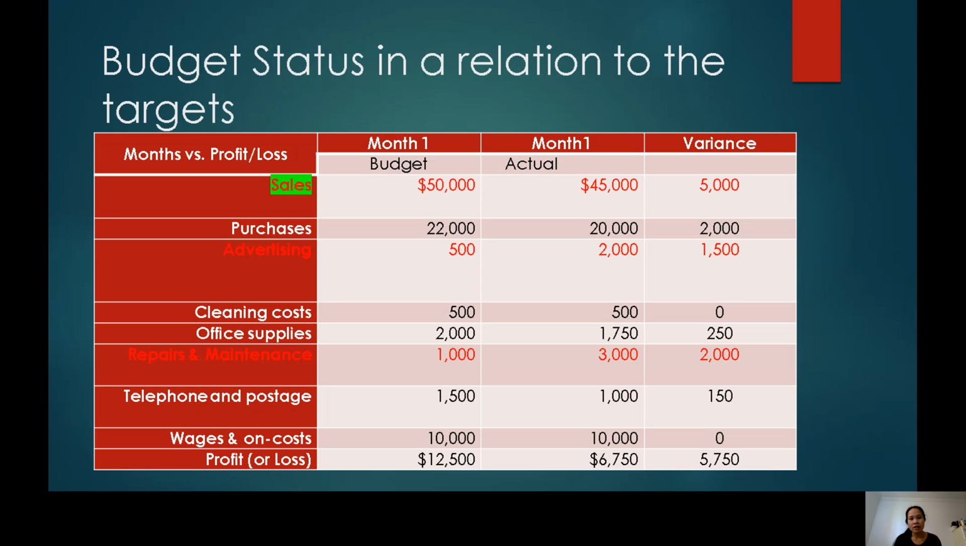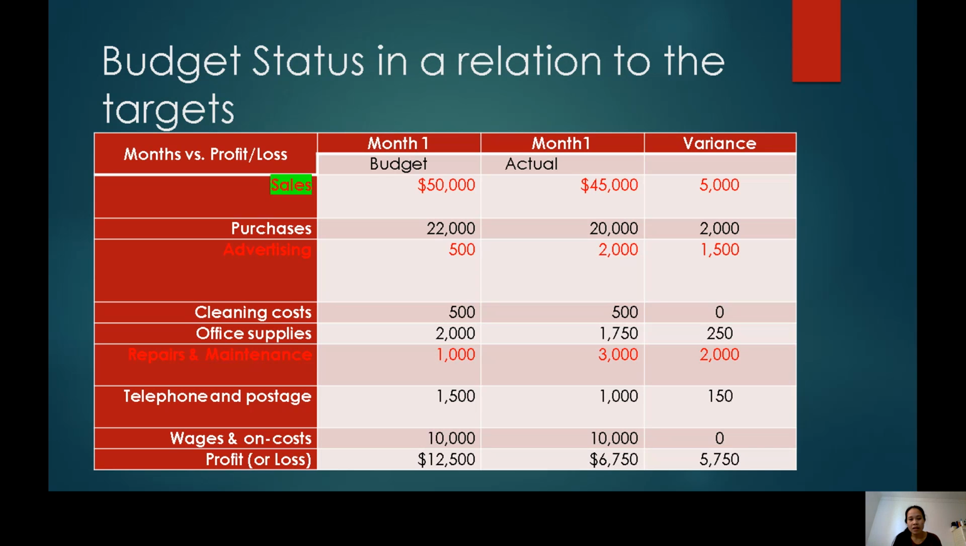Advertising budgeted 500, and the actual one cost us 2,000, which means we spent more than we actually budgeted. Cleaning cost 500, and that's the actual budget, and it's the same. Office supplies, we budgeted at $2,000, and we just spent $1,750, and we save